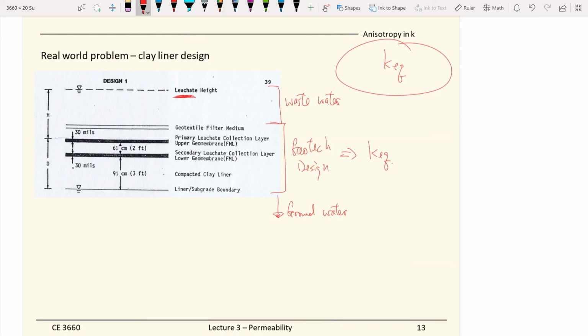So, which forms the concept of equivalent hydraulic conductivities. Now we have different types of materials, and if you look at a geotech design, it's given to you, but your job is just to find the equivalent K. So if you look at this design, you have the geotextile filters, and then on top of a sand layer,